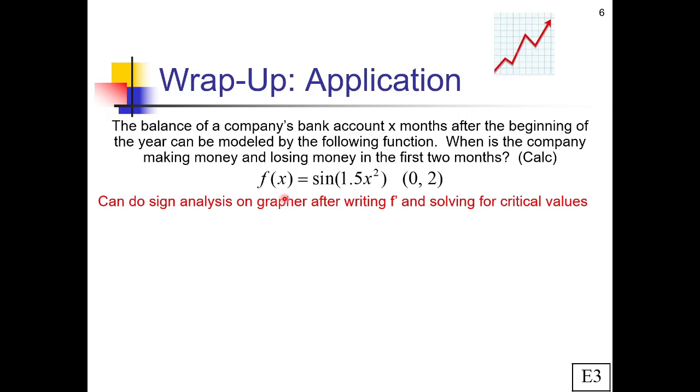So first we need to write out f prime. That's going to be using a chain rule. So we're going to have sine of something, the derivative of that, which is going to be the cosine of the something. So cosine of 1.5 x squared, times the derivative of the something. Derivative of 1.5 x squared is going to be 3x, just using our power rule. So this is what we're going to see if we can figure out, where it equals 0 on the graphing calculator. So let's go to Desmos,